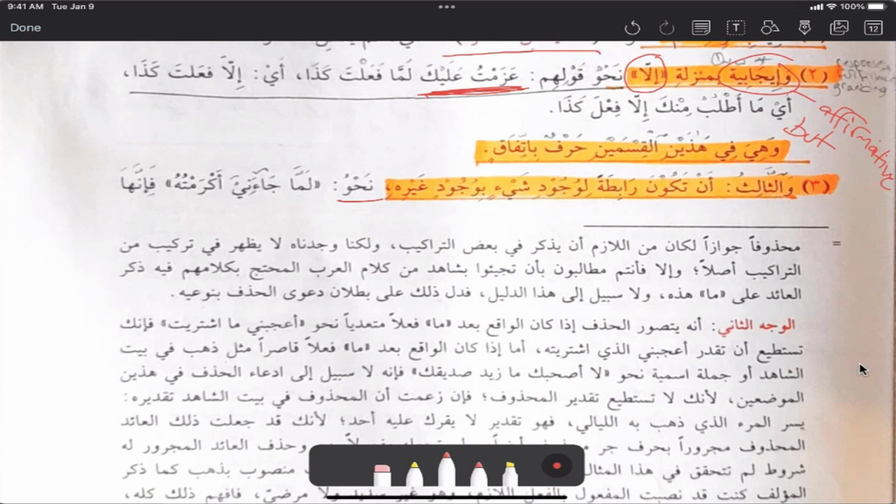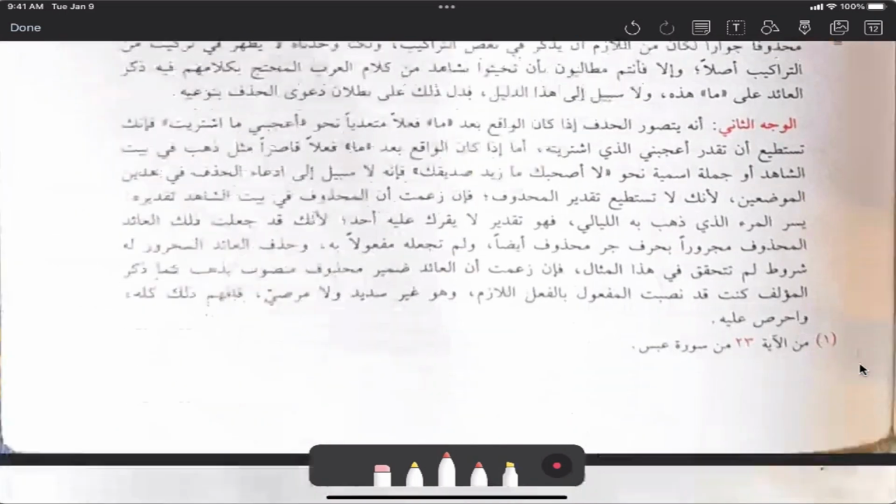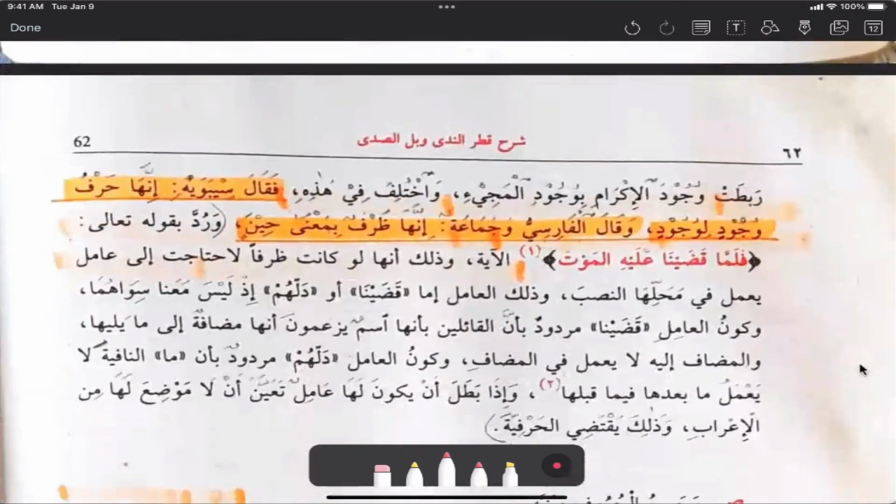When he came to me, I was hospitable to him. So it linked the coming to the hospitality. فإنها ربطت وجود الإكرام بوجود المجيء. In this case, لما tied the existence of the hospitality to the existence of the coming,